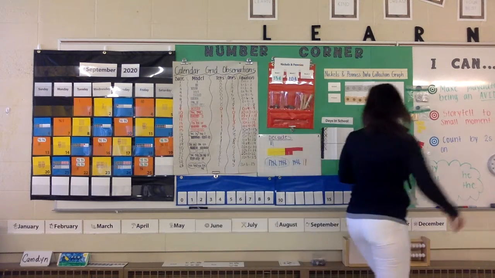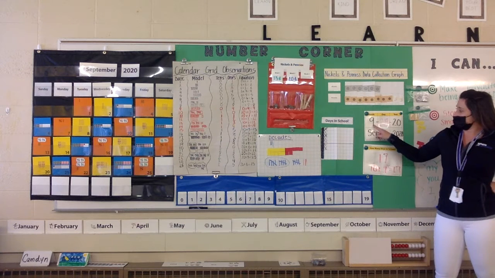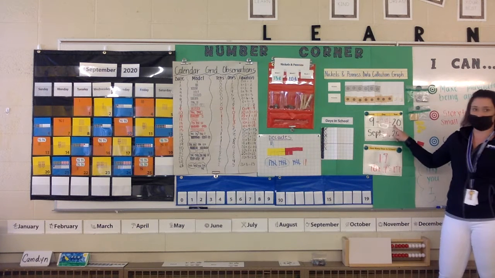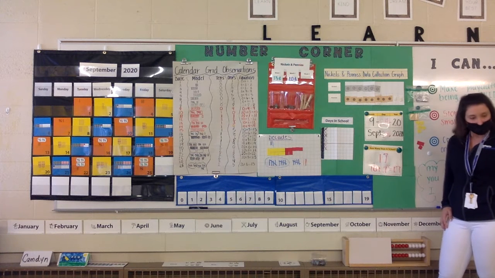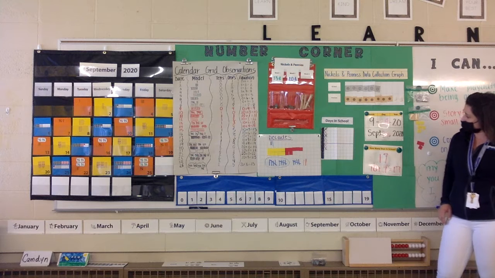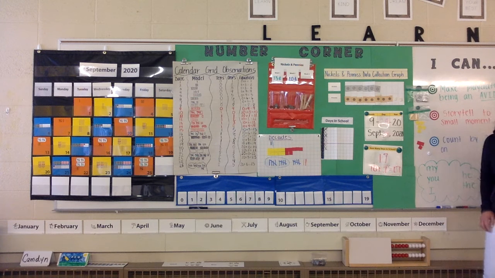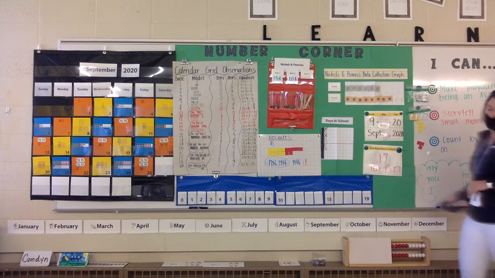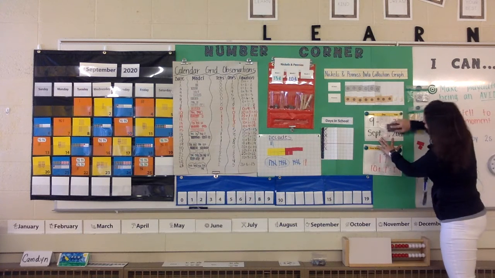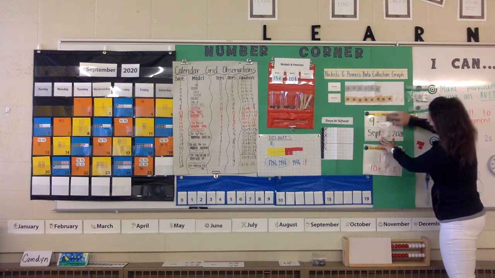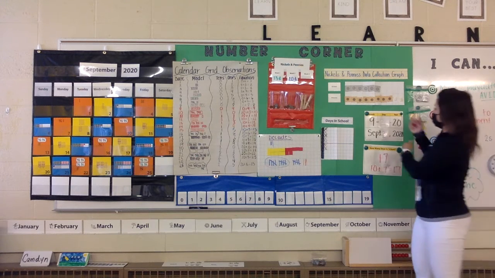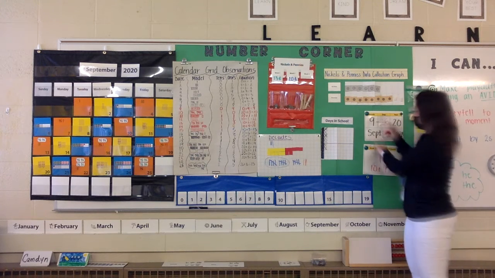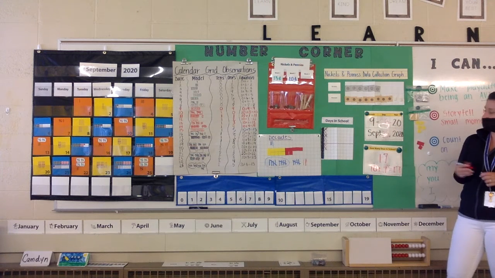Let's move over to our date. Yesterday was September 24th, 2020. So what is today? Maddie? No, you don't have to erase the 2. The 2 in what number? 24, right? What am I changing it to? You don't have to erase the 2, but we're changing it to 25. You are right, because today is September 25th, 2020.